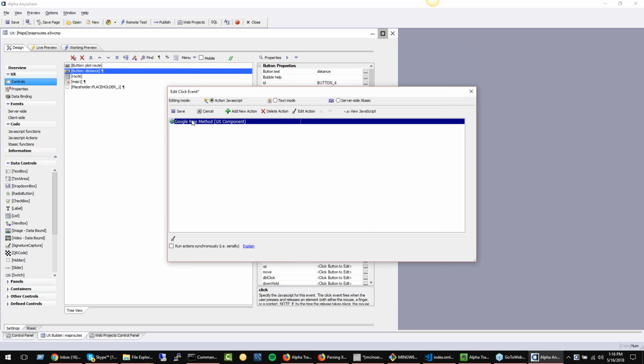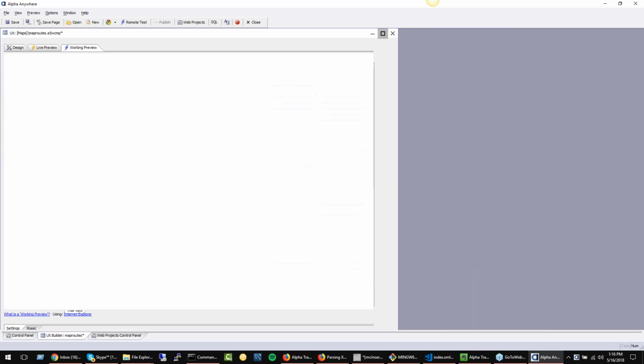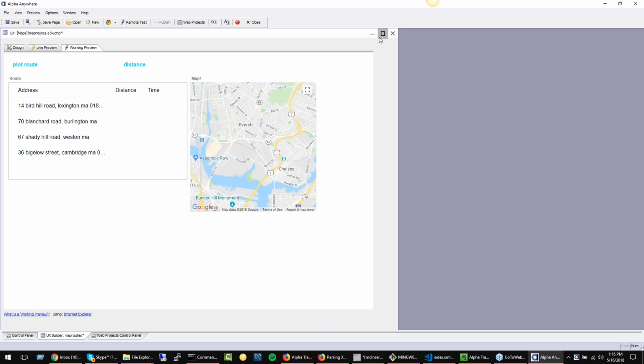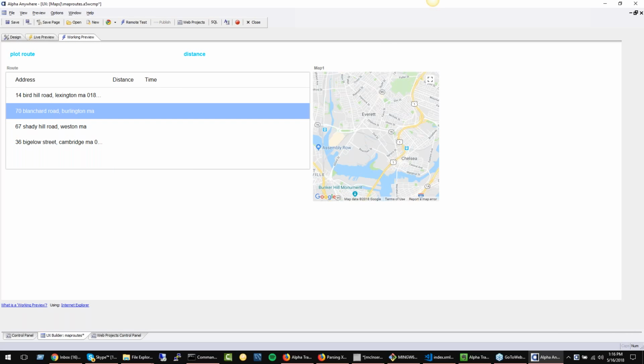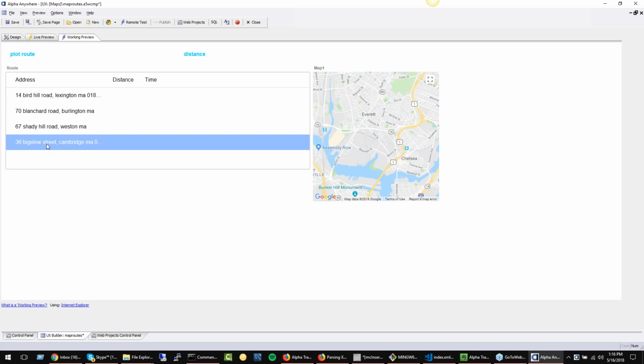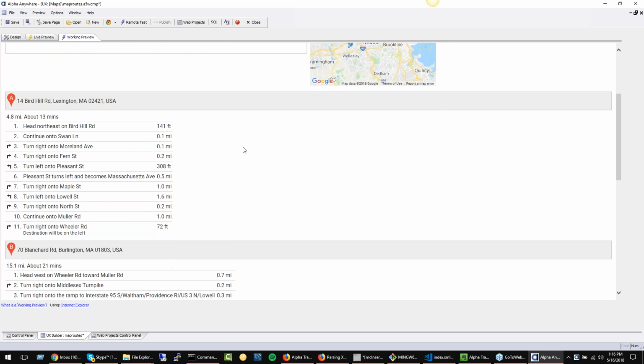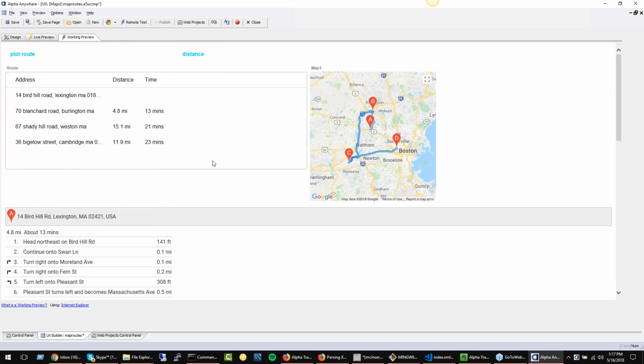What these two methods allow you to do is very easily, very simply, plot a route on a map with the driving directions without having to call any JavaScript or write that yourself. So here's the demo we've got out there. It's available on our website and in the pre-release notes. It's just a simple list with 4 addresses in it, a map control over here, and this button up here to plot the route. What that does is take all of these addresses in the list, plot them on the map, and then display the driving directions in a placeholder down here at the bottom.